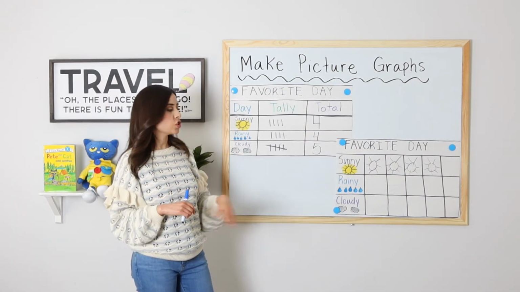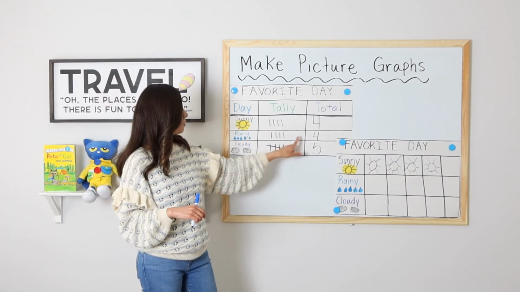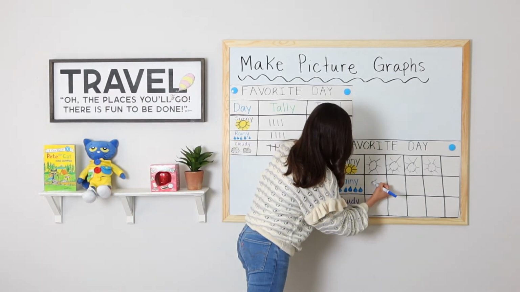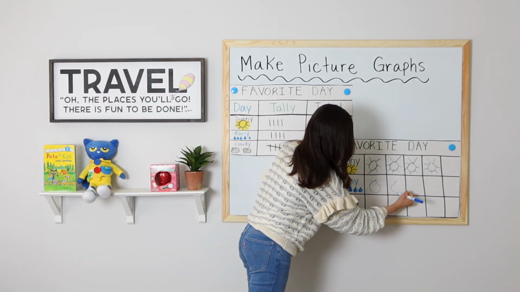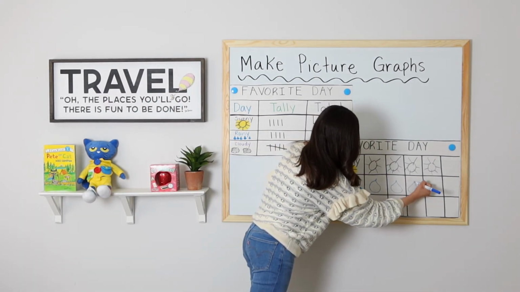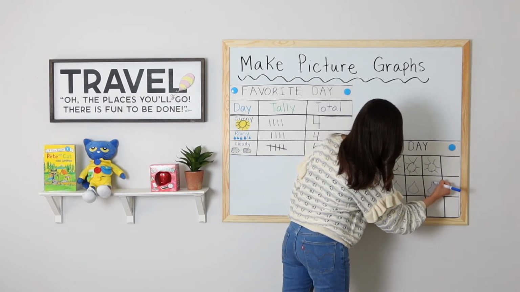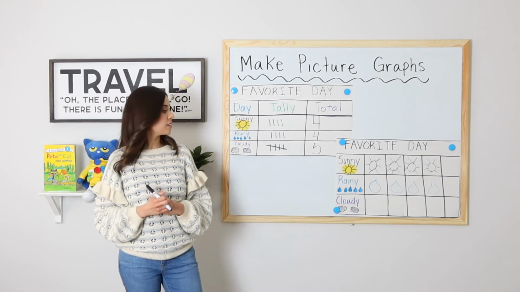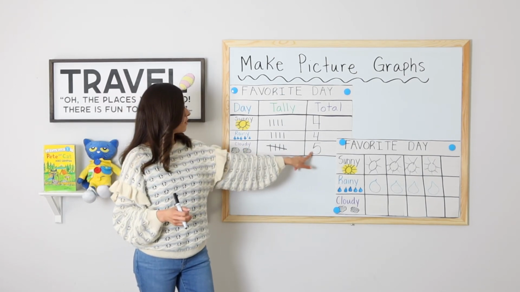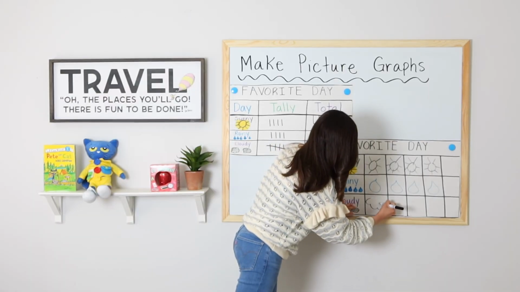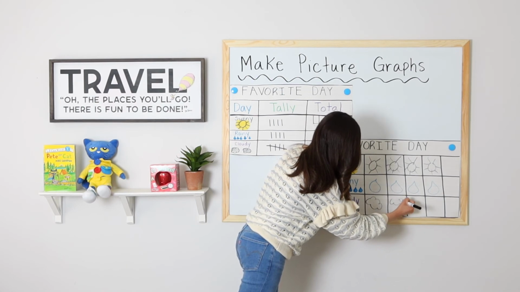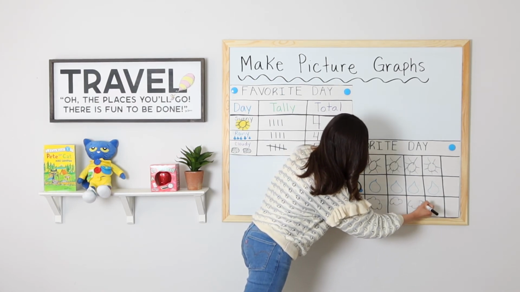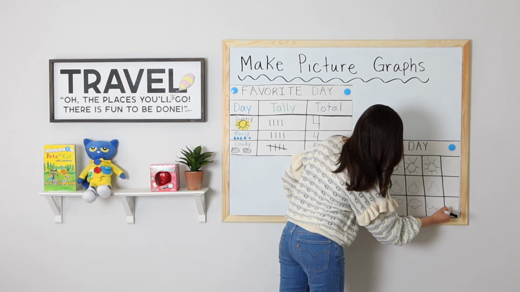How many students chose a rainy day? 4. 1, 2, 3, 4. How many students preferred a cloudy day? 5. 1, 2, 3, 4,